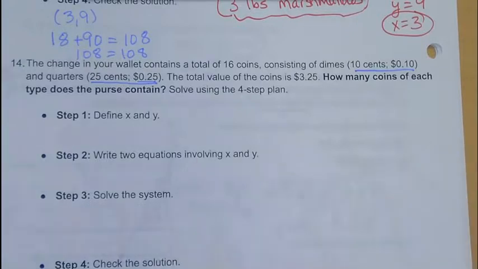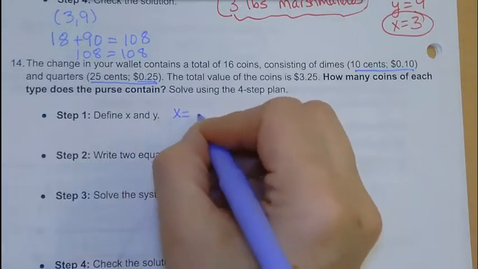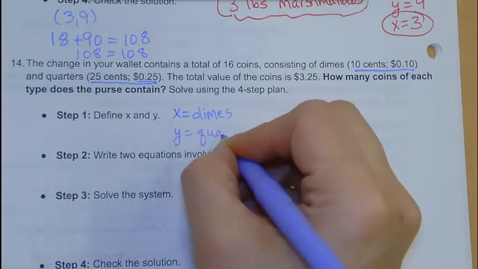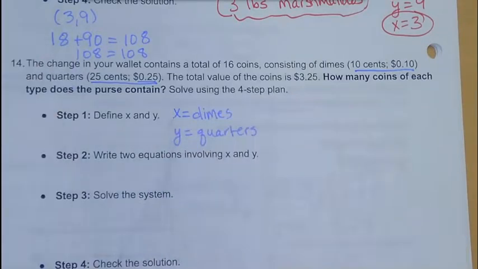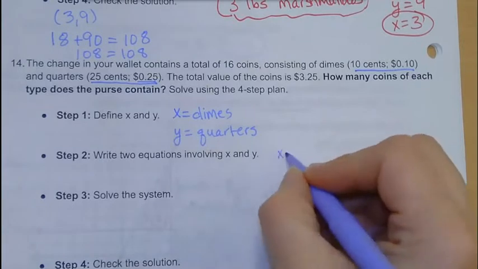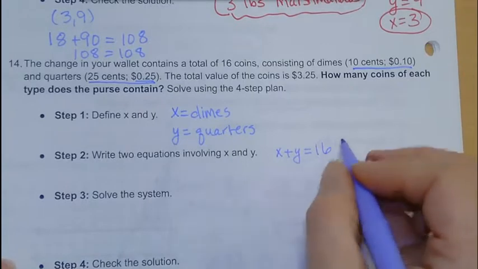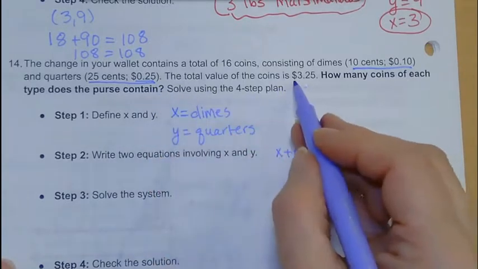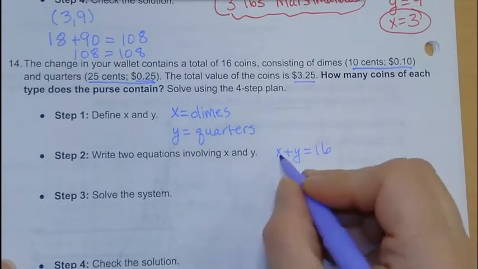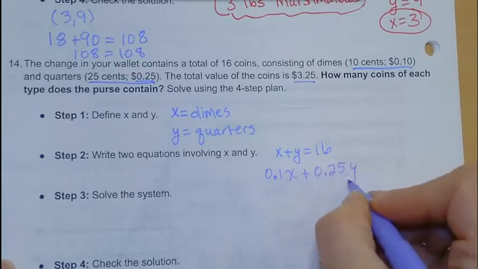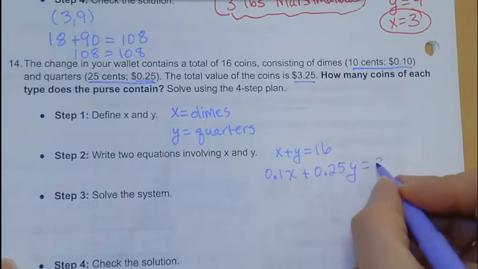So in order to find how many coins of each type we have, we have to solve this system. So we're going to say that X is the number of dimes we have, and we're going to say Y is the number of quarters that we have. Okay, so we have two pieces of information. First, we know that we have a total of 16 coins, and so we know X plus Y equals 16. Next thing we know is that our total value is $3.25. Okay, so if dimes are the X's, I have 0.1X plus 0.25Y is going to equal that total value of